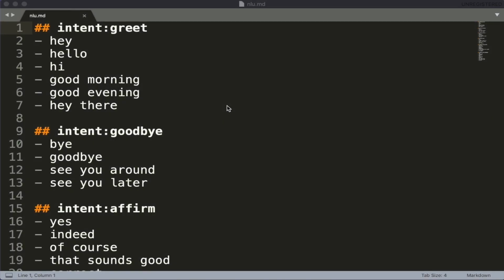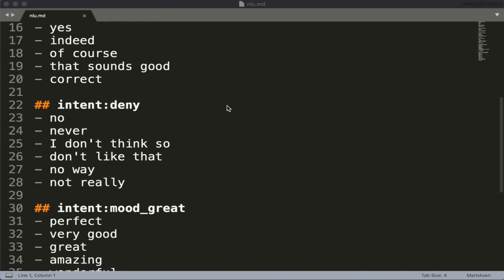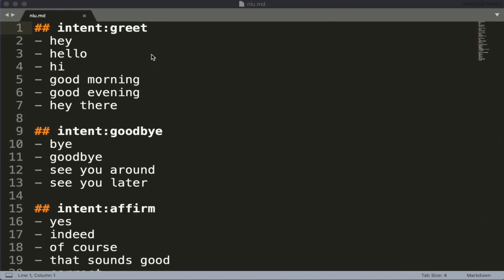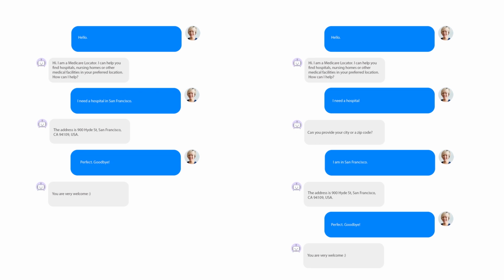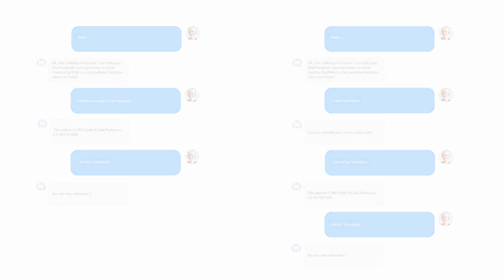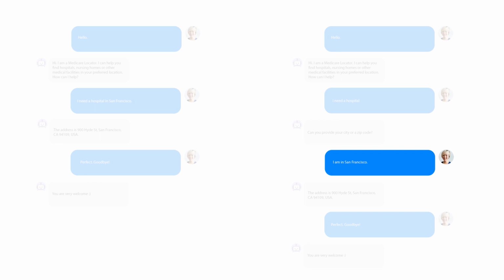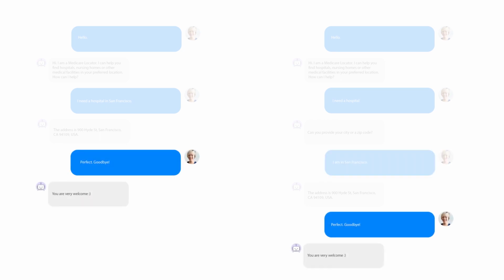The file comes with some example training data used to train the MoodBot, which we tested in the previous episode. NLU training data consists of intent labels which start with a double hashtag, and some examples of how users would say that specific thing which start with a dash. From the conversations we created, we can see that in order to handle them, an assistant will have to understand 4 user inputs: greetings, facility search queries, inputs where the user provides additional information, and goodbyes.